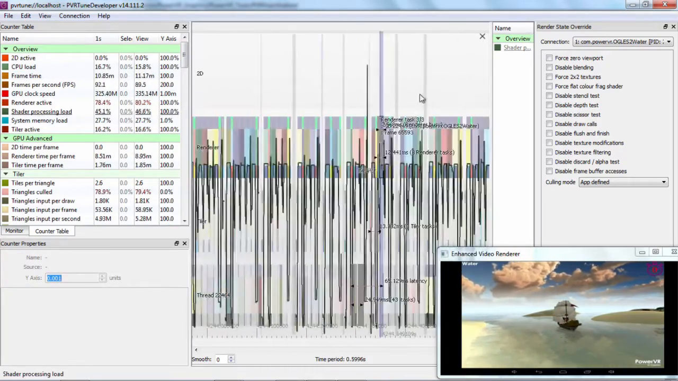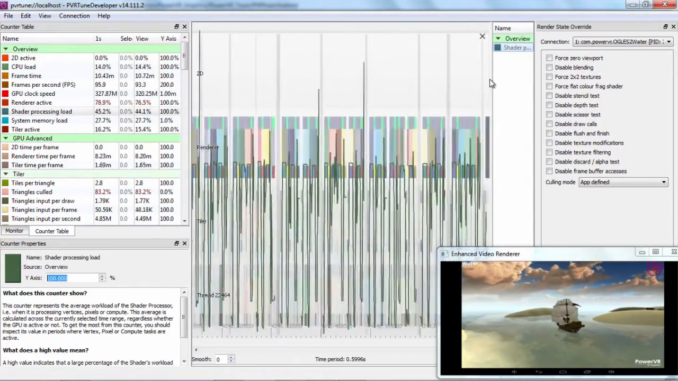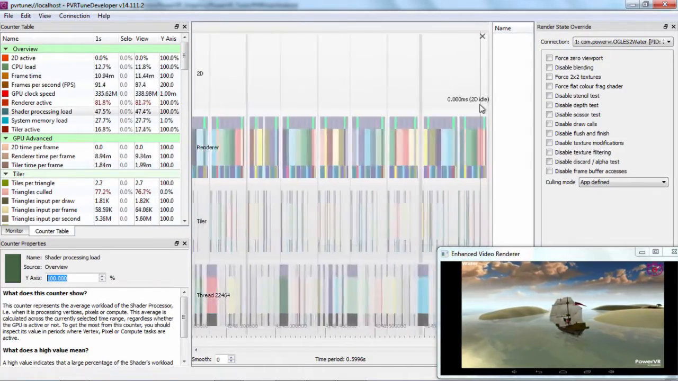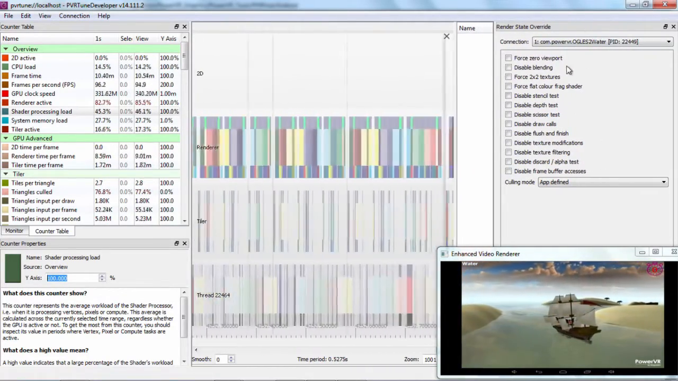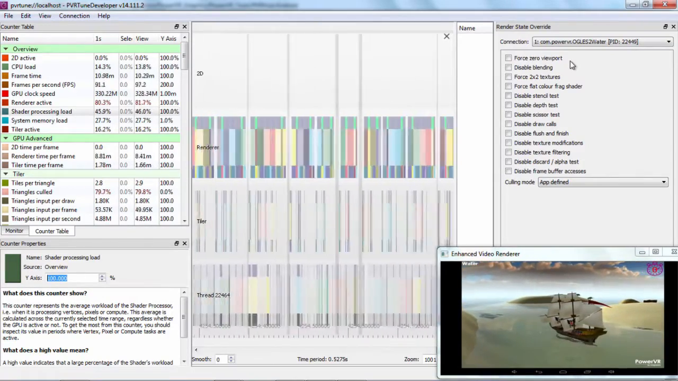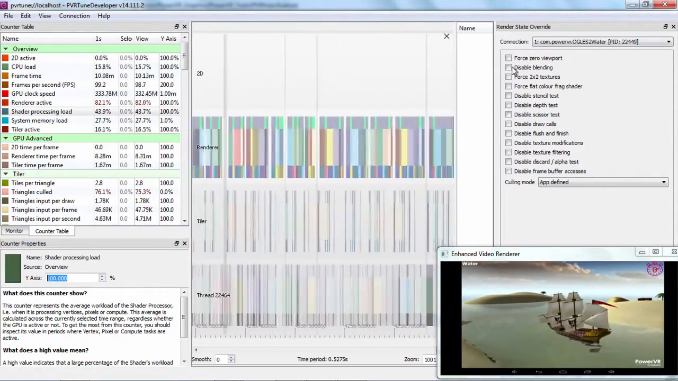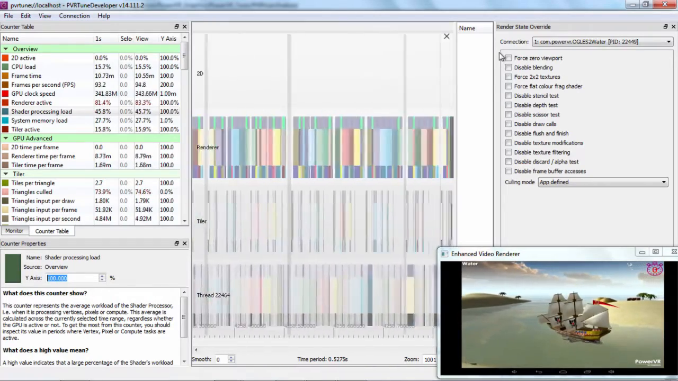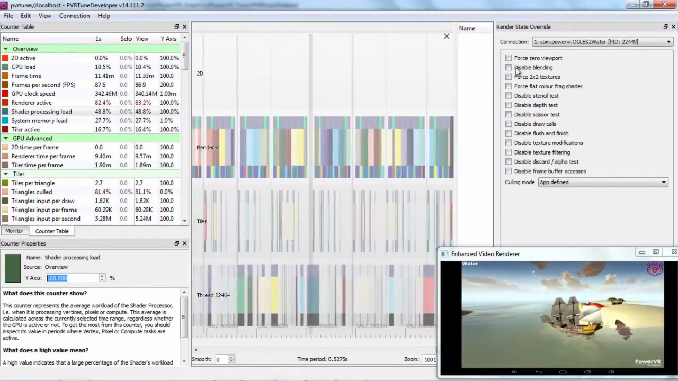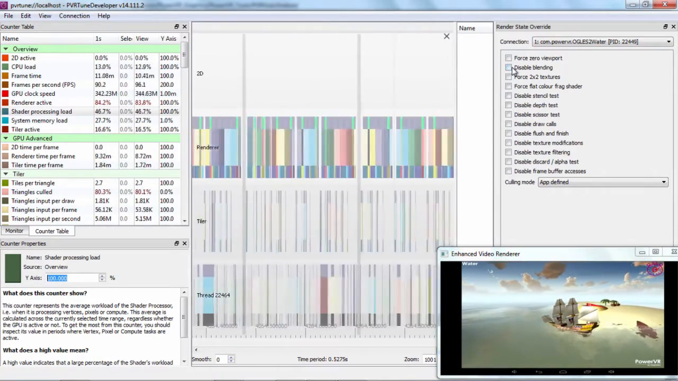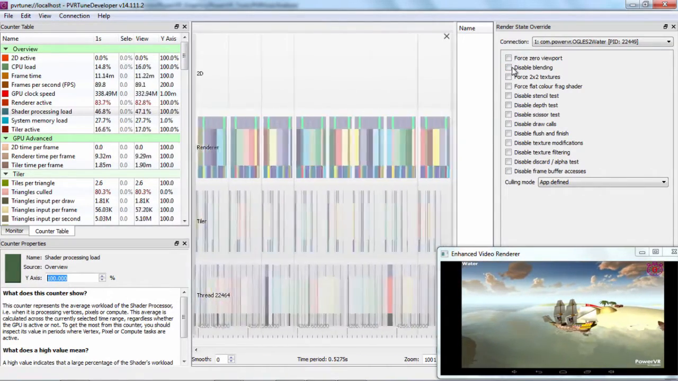So once we've got an idea for what might be causing a bottleneck on the GPU, if we've got PVRTrace installed, we can actually use another feature called render state overrides to quickly determine where the major issues are. These are the most common cases that are going to be hurting performance a lot. So the first one is maybe your screen has a huge amount of blending. Now blending can be